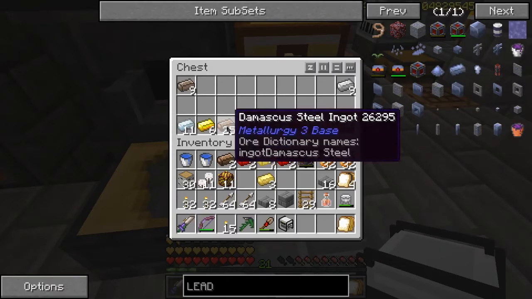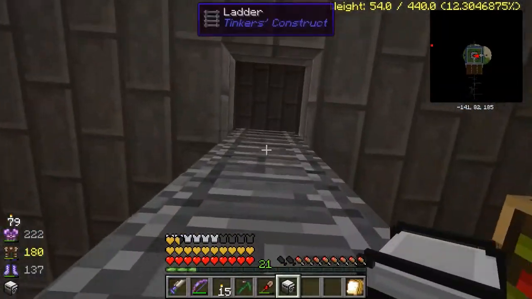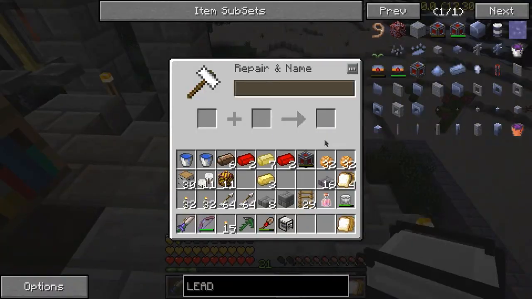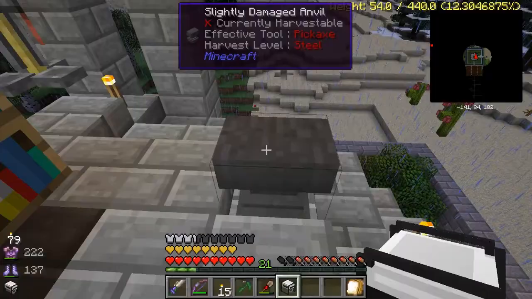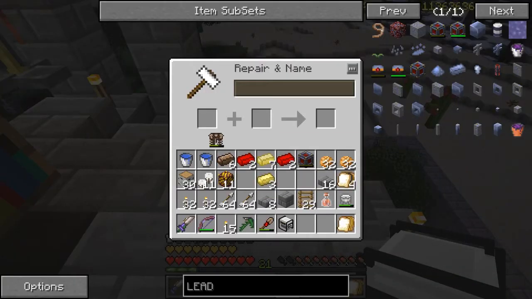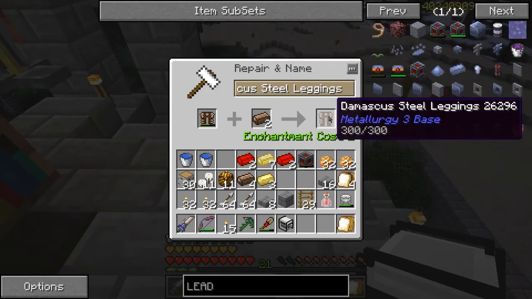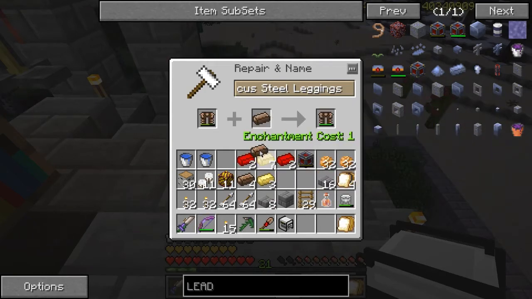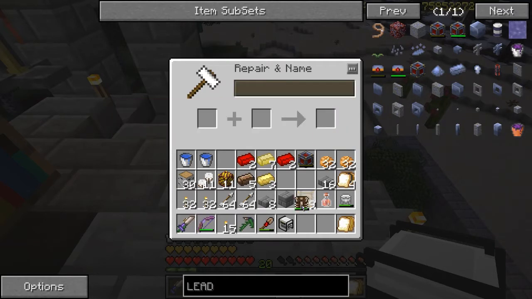Now we want Damascus steel, and while we've got some Damascus steel, I did make my anvil, and that means that I can now finally repair my armor. 1, 2, and I'm not sure whether there's any waste going on there, so we'll save that. We'll just spend the 1 level,